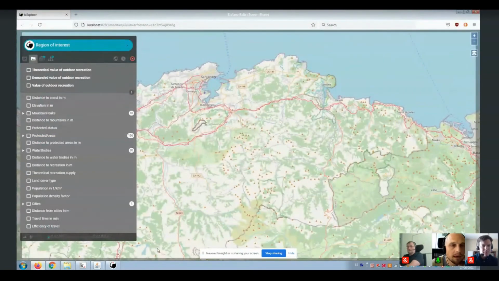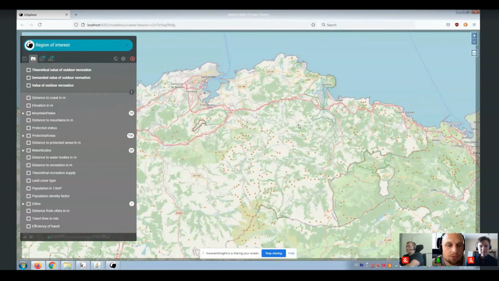So I will start by briefly discussing the outdoor recreation model, which I was asked to present, but at the same time, I think many people here have doubts about how to include their own data, so I will talk about that. I pre-computed this model before, and what is important to understand with these global models is that we call them globally customizable ecosystem services models because they are a template that can run everywhere in the world, but as Ken was suggesting, can also be customized for specific case studies.